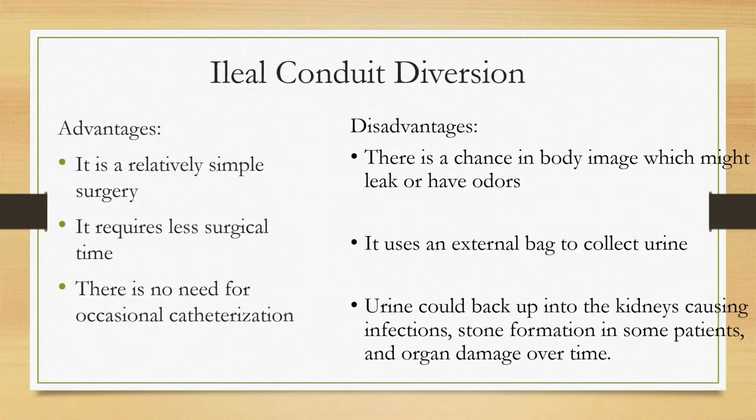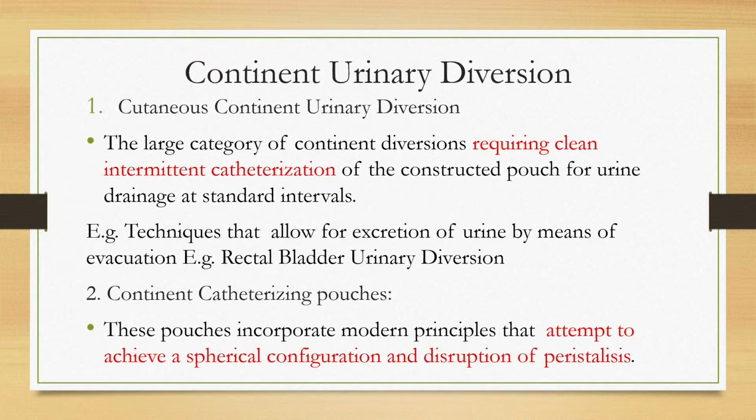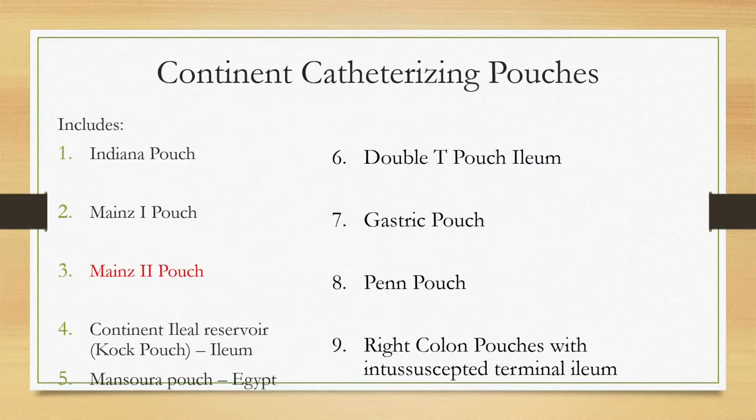I've mentioned the advantages, but it has several complications too, mainly metabolic challenges or even mechanical challenges. Now, quickly to continent catheterizing pouches, this is another form other than ureterocutaneostomy and ileoconduits. We also are very particular about continent catheterizing pouches, especially Mainz 2 pouch, which is friendly and another easier option for the general surgeons. And there are several, but I'll only concentrate on the Mainz 2 pouch given the time and the relevance that